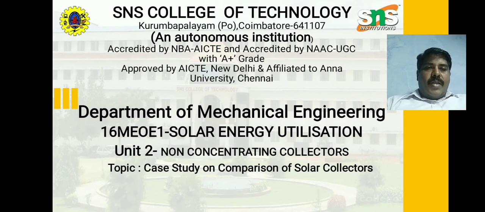Energy may be classified as renewable and non-renewable energy resources. In the renewable resources, we can classify solar energy, wind energy, and tidal energy as some of the examples. Whereas in the non-renewable energy resources, we are going for fossil fuels like coal and petroleum products as examples. So what is the difference between these two, and why are we opting for solar energy utilization?